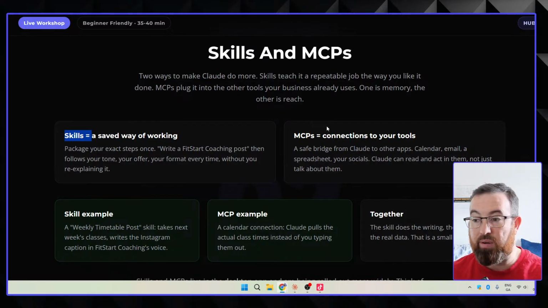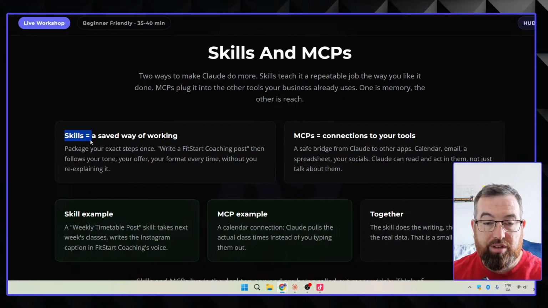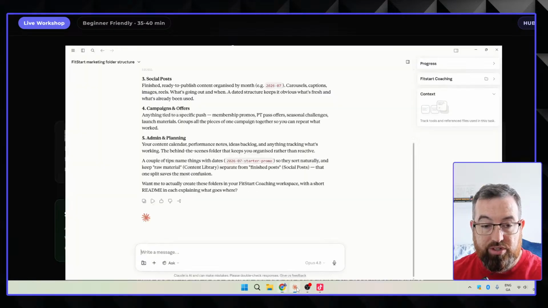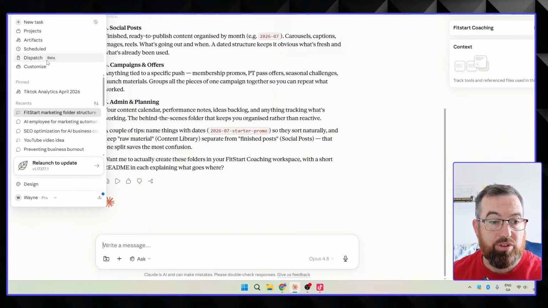And losing time is not what you want, because at the end of the day, AI is meant to help you and reduce your time. So skills are a way to do repeatable tasks over and over and over again. And for me, I have hundreds of skills made. If we quickly go over to customize,